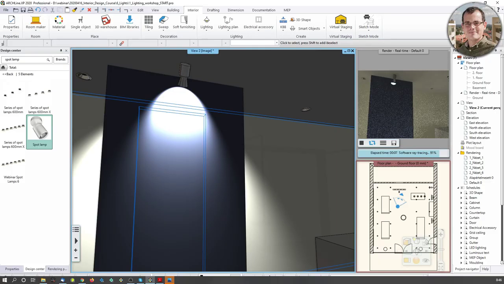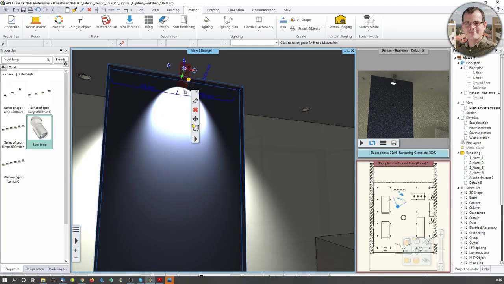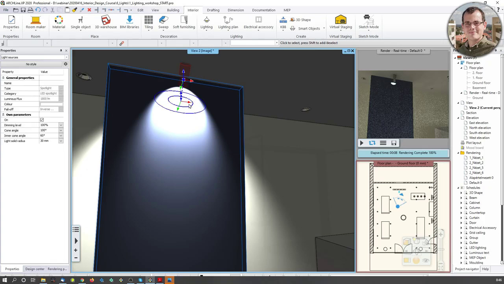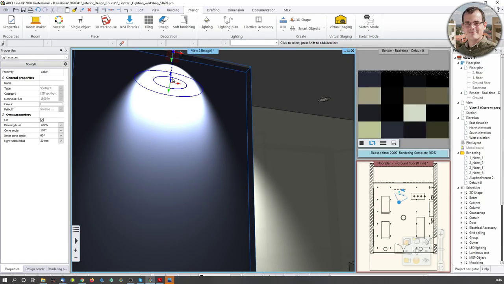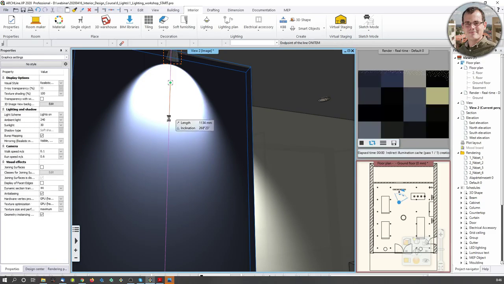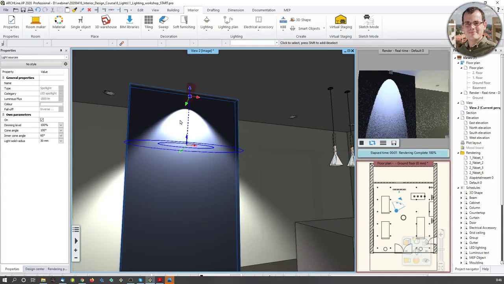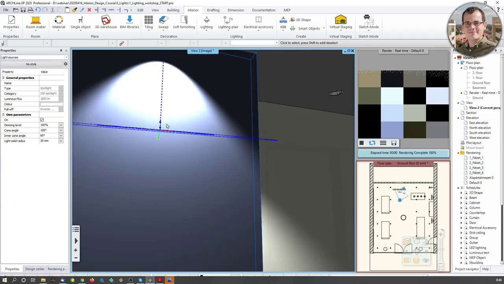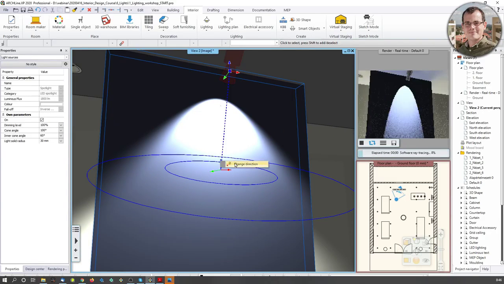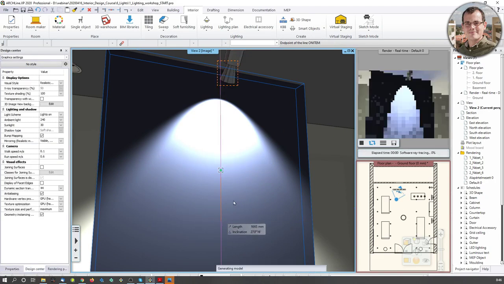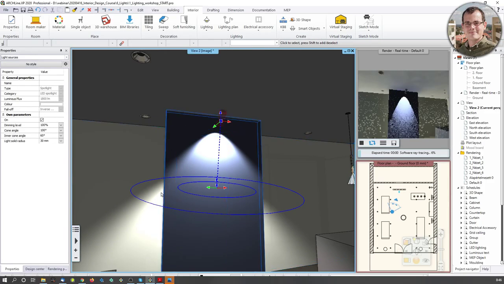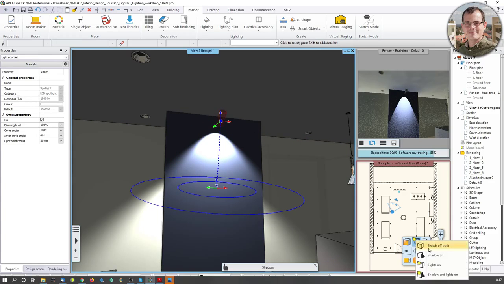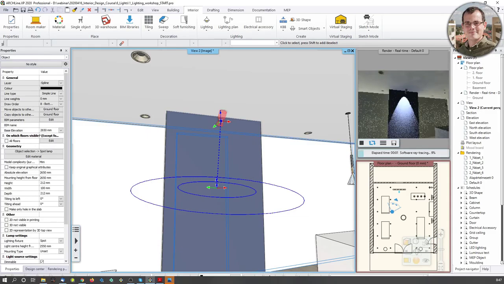So if you select the lamp, you would see the movement markers, but if you click on the bulb again, you see movement markers again, and if you click on the blue axis, then you can change where the light is casting its light. If you change that back and forth, you see what will be in focus. That way you can move the lamp itself, you can move the light, so you can direct it. So if you want to put something in emphasis, then that's how you do it. Now I'm just going to switch that off and proceed with the